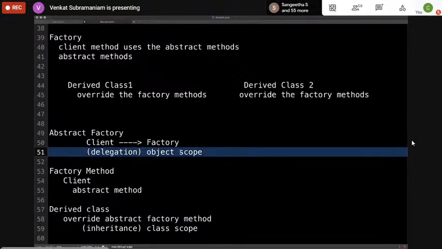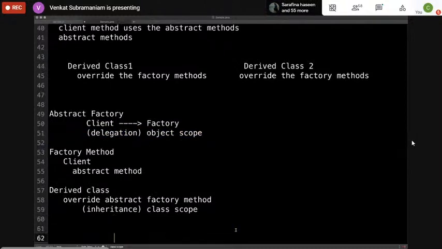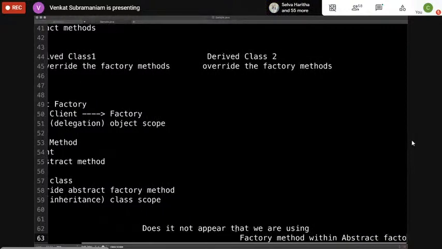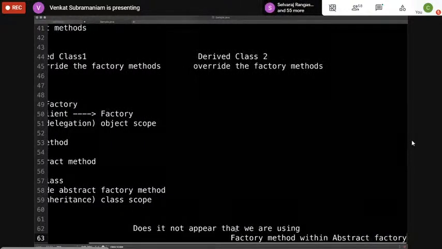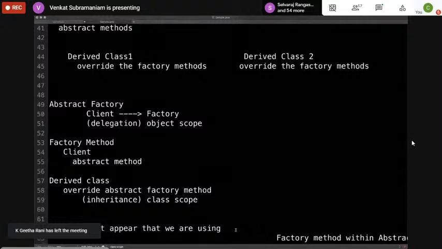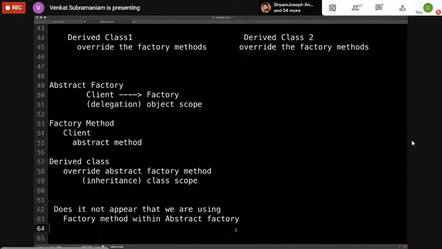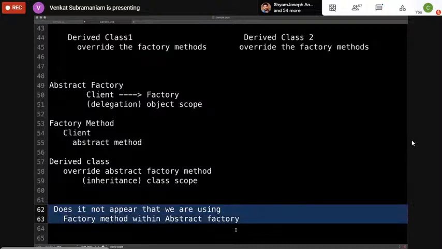And you may argue, hey, wait a minute, does it not appear that we are using factory method within abstract factory, right? So that's a really good observation if you were able to derive that conclusion. So if you really think about it, it appears that we are using the factory method within abstract factory. How so?